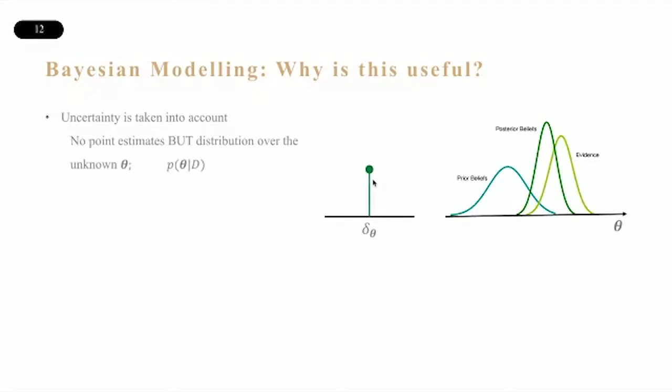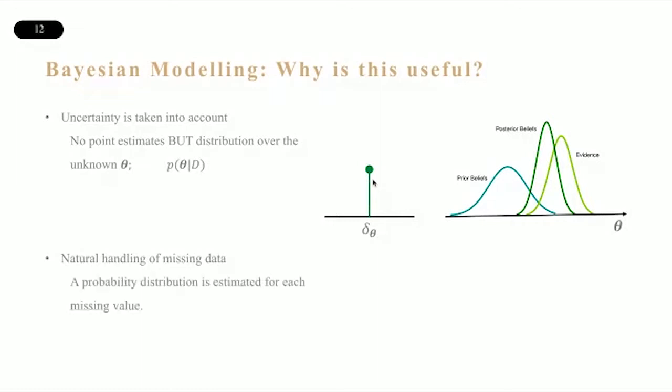What I have plotted here is the point estimate, as opposed to the posterior distribution given by the Bayes rule. I don't have a point estimate anymore. I have the posterior, as I plot again, which is actually a compromise between my prior belief and the evidence, and it's intuitively right.